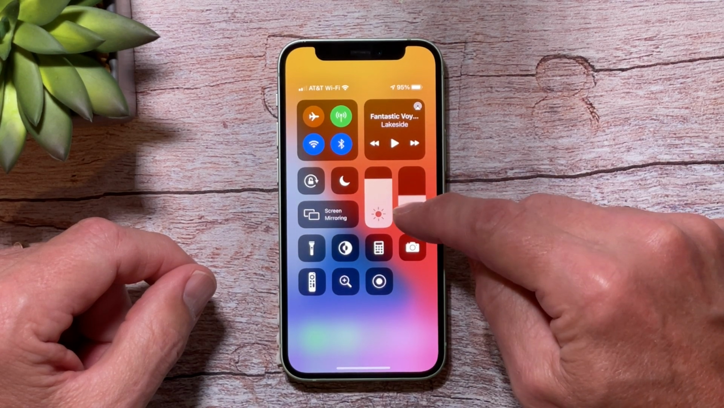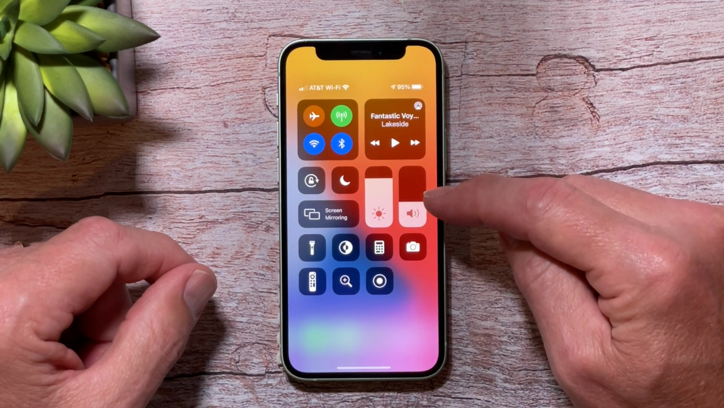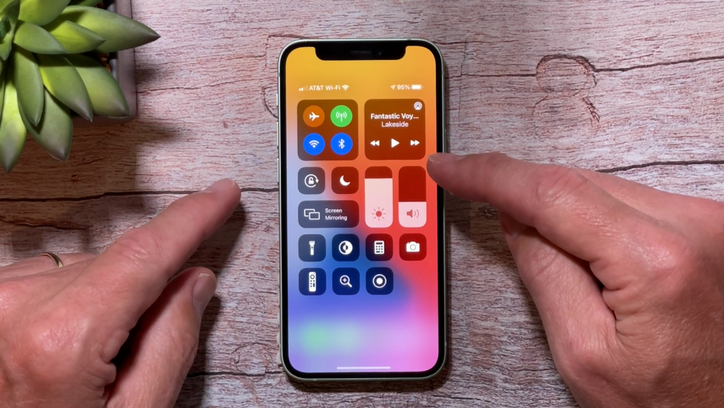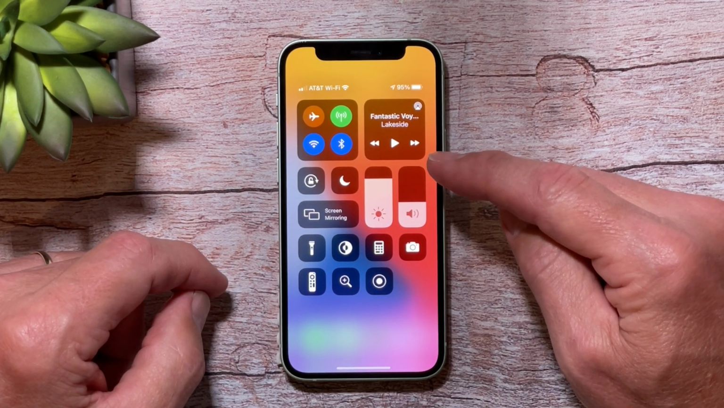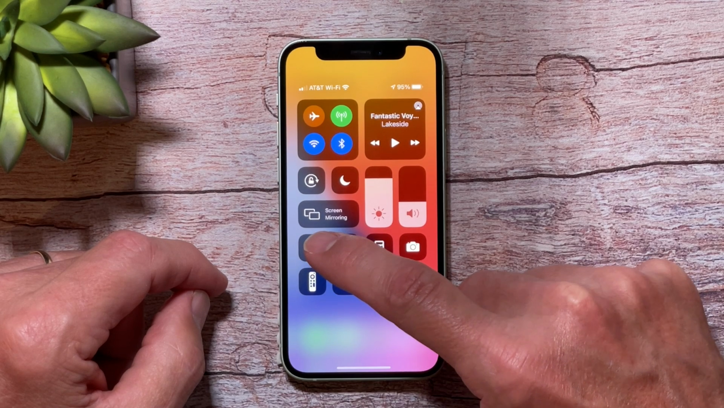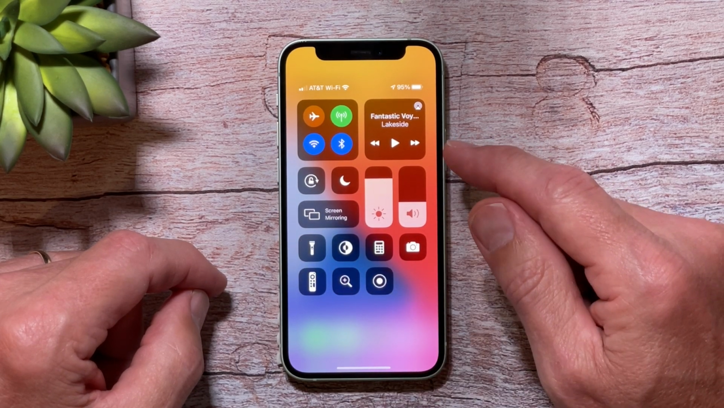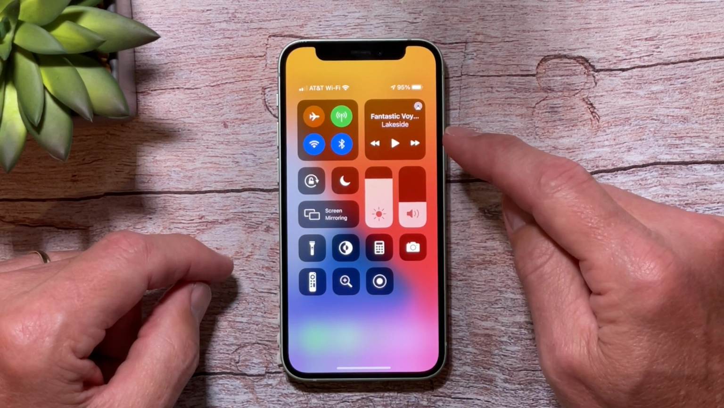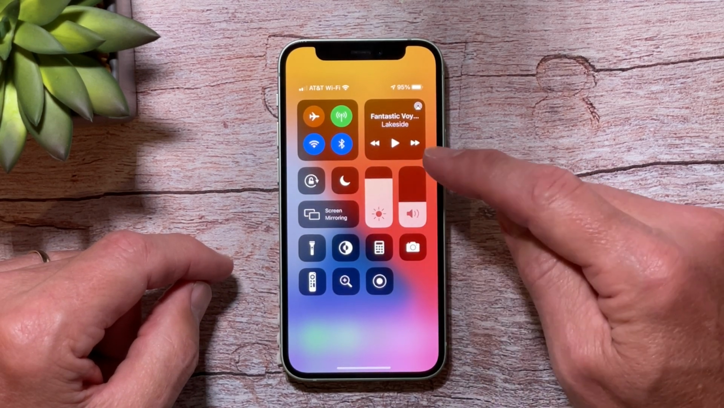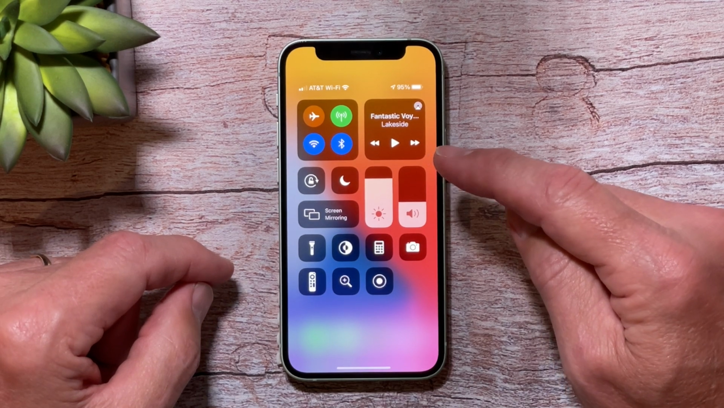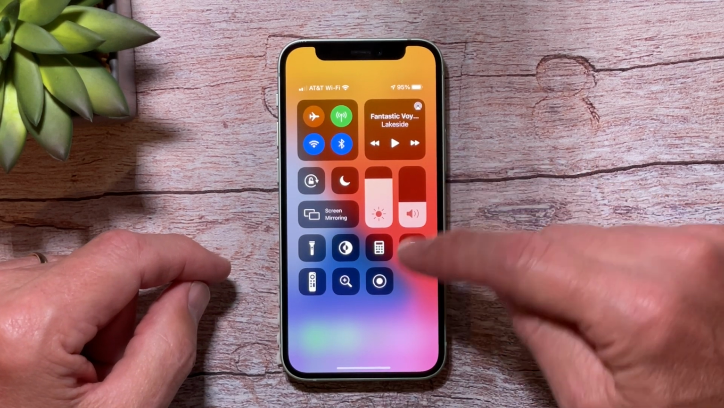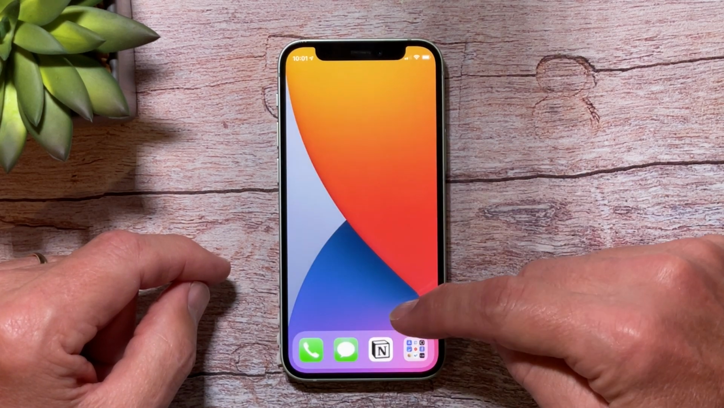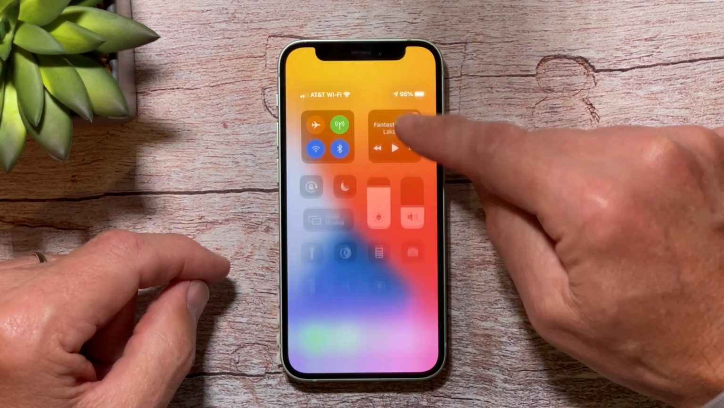You can raise or lower the volume. And those are the two things I do. It's easier than fumbling around with the buttons on the side to lower the volume. You can turn your flashlight on from here, and you can do a variety of different things. Put it in airplane mode. You can screen mirror if you're wanting to show pictures on your Apple TV. But it's all right in Control Center, and the way to do that is simply to swipe down from the